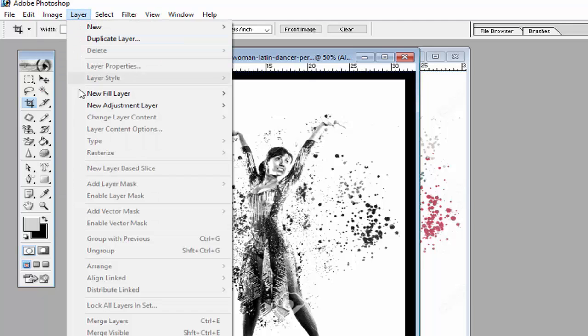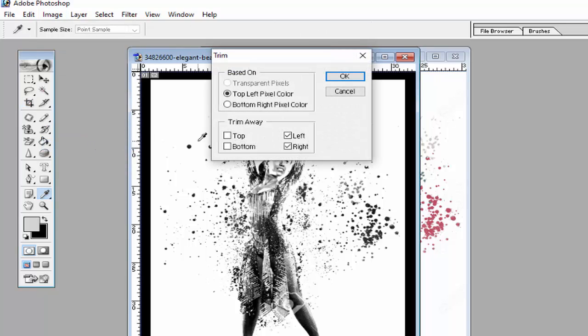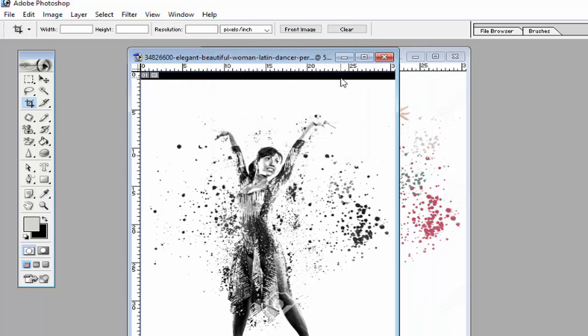If you want to trim this canvas size, you can use the Trim option, and it will provide the option to trim top, bottom and so on. If you don't want to trim some sides, untick these options and then click OK. You will see the left and right canvas removed from the image.